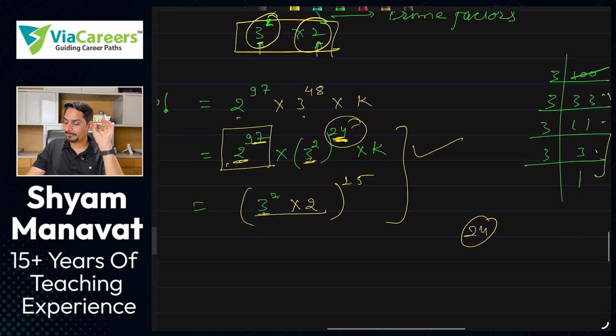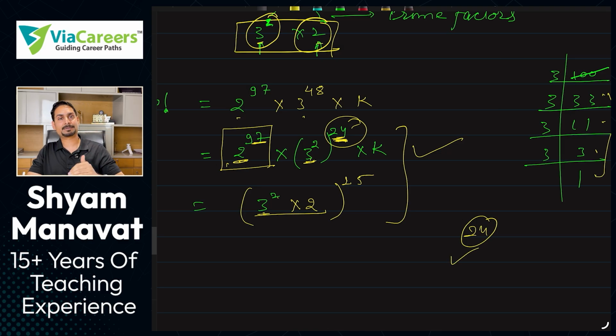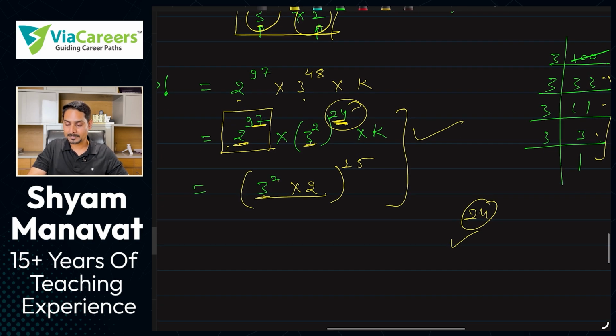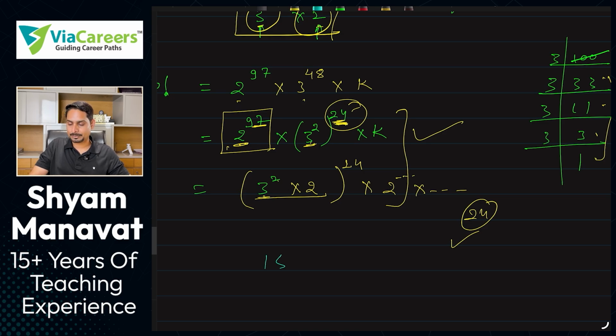अब if you are by hearting these steps, if you're not understanding, if you're not getting the vibes, तो ये question आपको difficult लगेगा. But if you're applying logic with numbers, this will be a very easy concept for you. Okay? So here it is 24. Then whatever number of 2 you have and whatever k you have, it doesn't matter to us. We got 18 to the power 24 max in